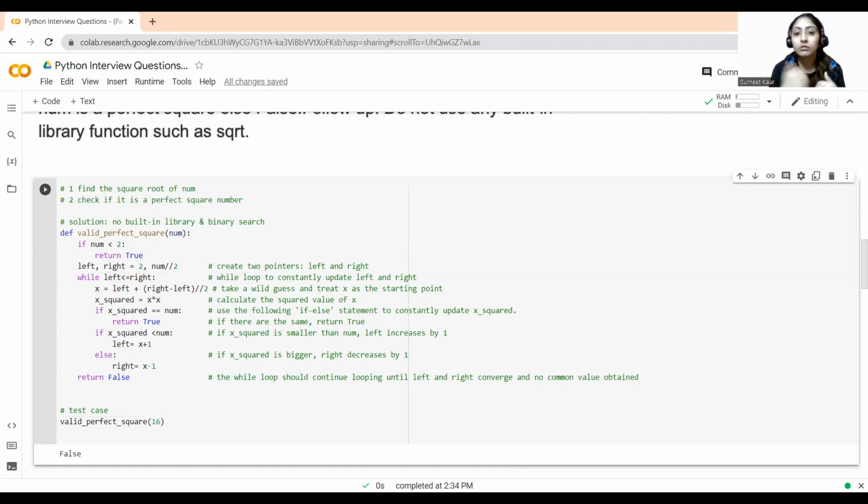If it is smaller than the number, it will increase the value. If it's bigger, then it will decrease it. If they match, it will return true.